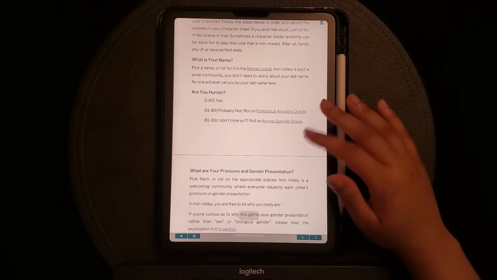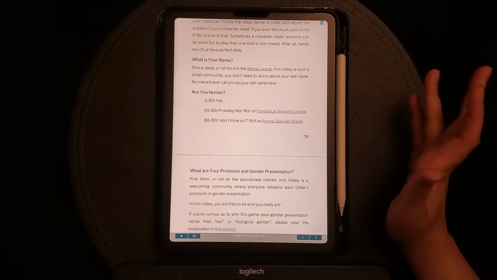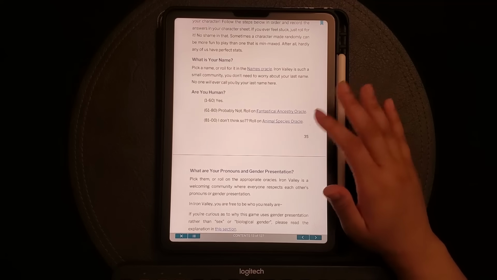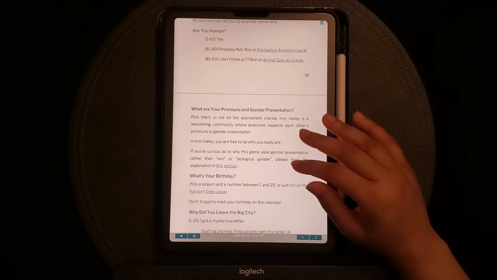Sycamore. Okay, and then for ancestry, are you human? I'm just gonna go ahead and say yes because we've already determined that the people in our world are human, so I'm also gonna be human. And then what are your pronouns and gender presentation? I'm not gonna roll for that either because I'm just gonna make them similar to me. So let's do human, and I use she, her pronouns, so I'm gonna use that, and then I'm gonna say